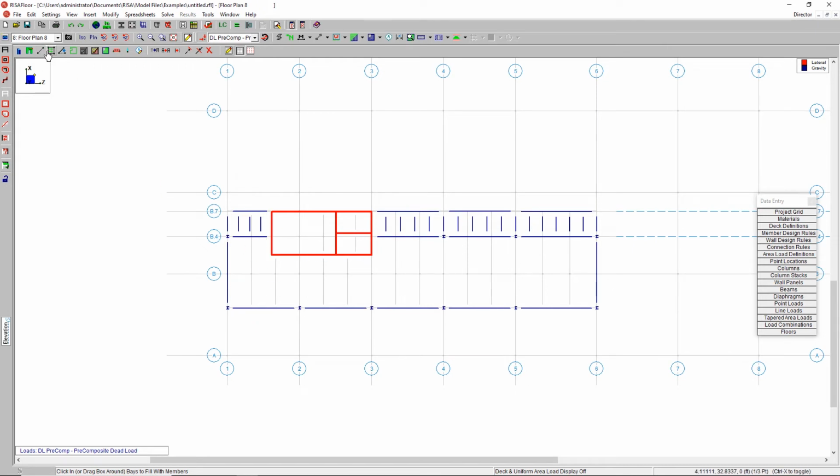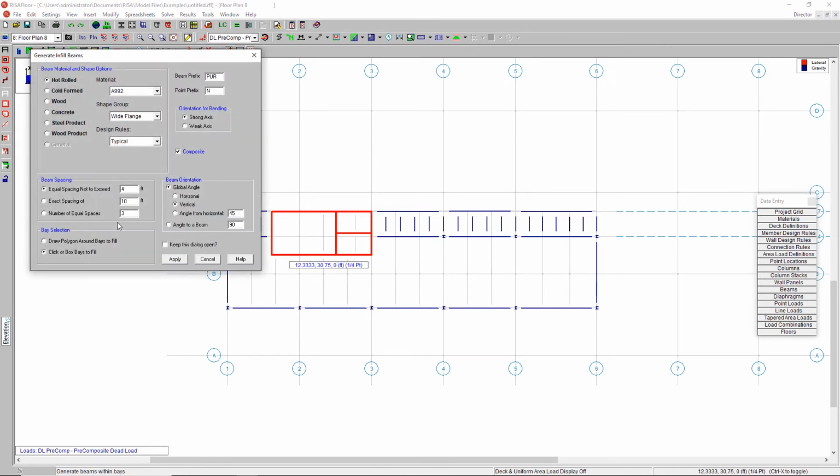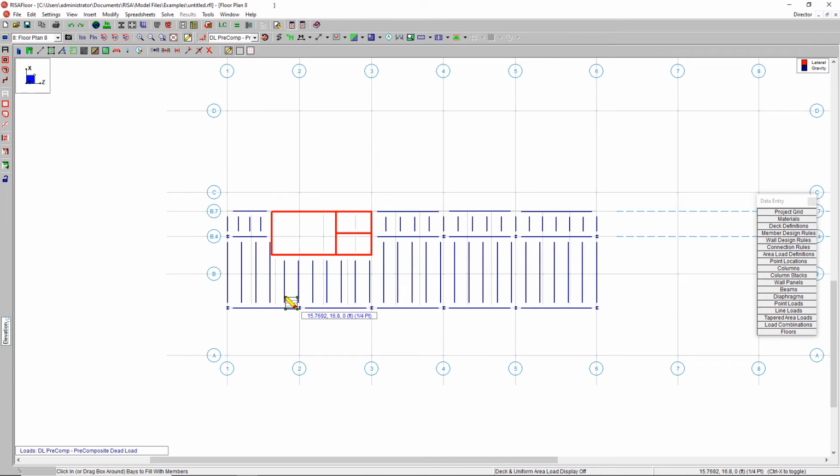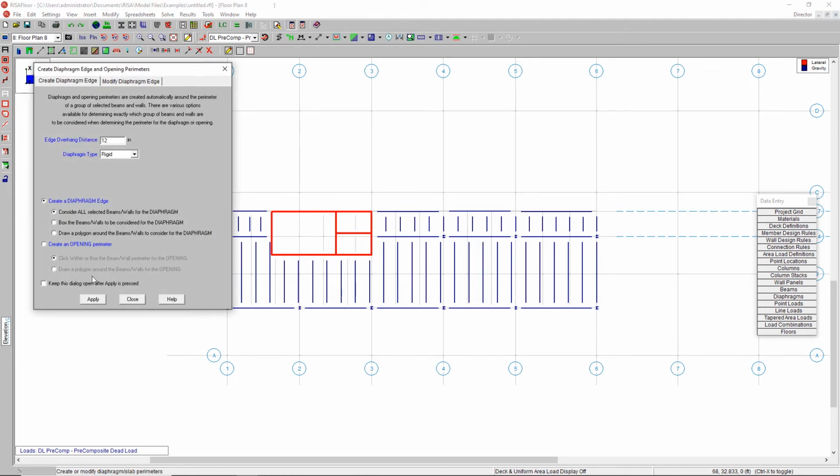But the backspan, what I want to show you guys is steel joist in that area. So I'm going to change that to be steel product. Now for steel product, you can choose a steel joist, or if you know you're going to use a K joist, I know I want a K joist, so I'm going to use that there, and I can just click right inside of that to infill all of that area. So it's framed out with wide flange. You could have drawn in steel joist that way, but it's up to you on how you want to make that work. I like to have it framed out like this, so we can go ahead and drop in our